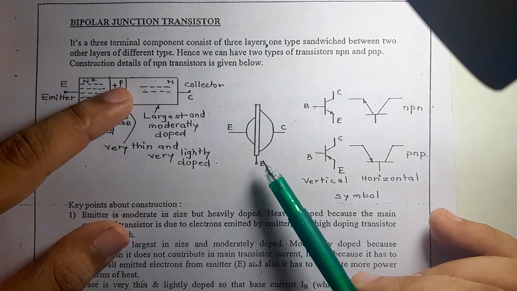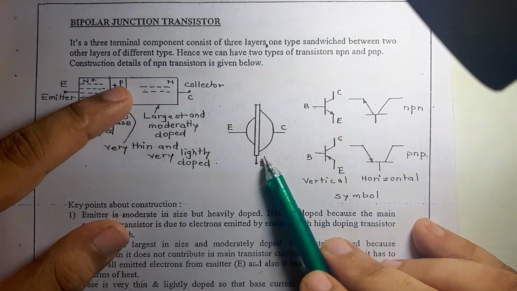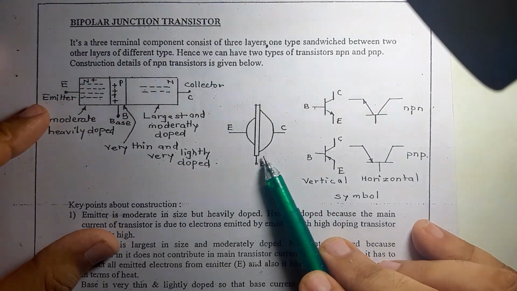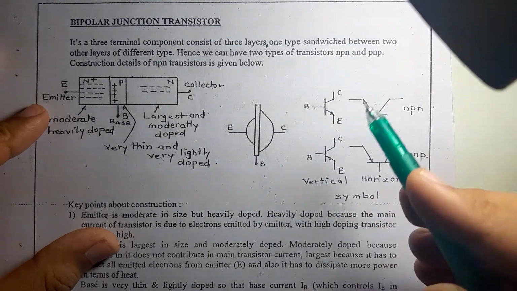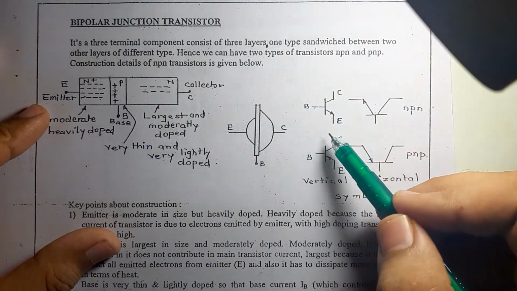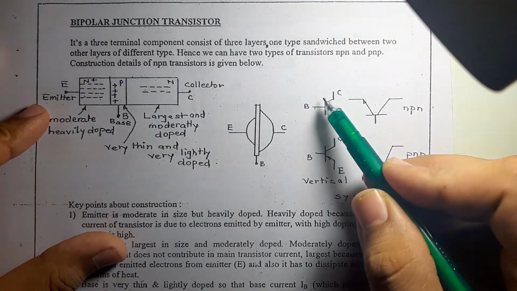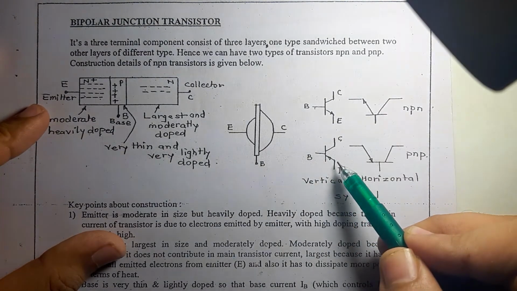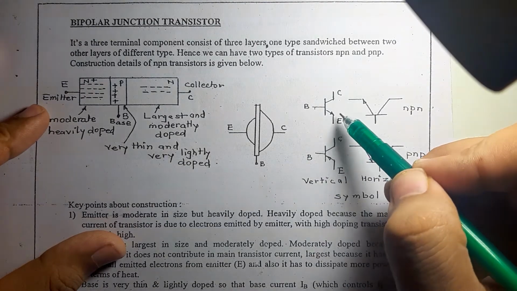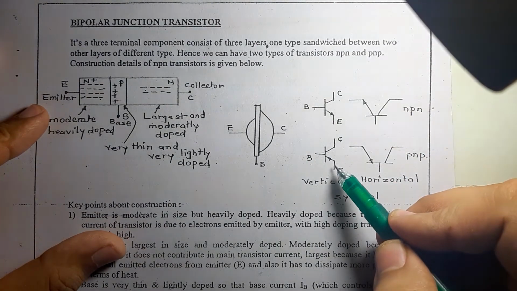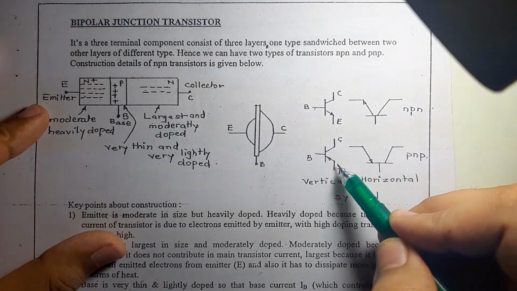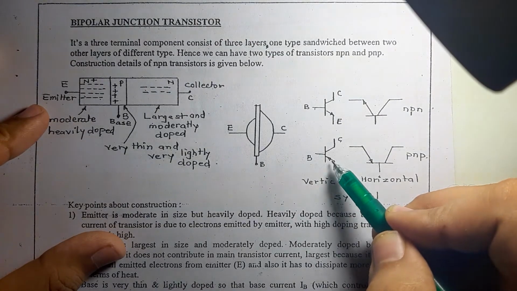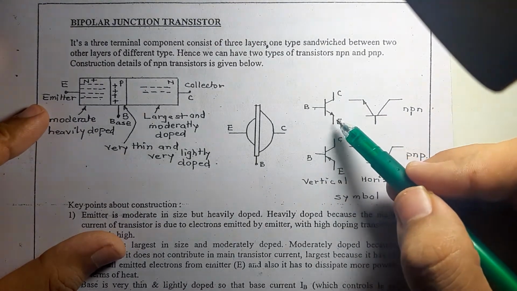Now, the actual BJT looks something like this in hardware configuration. If we go for the practical, then I might be able to give you a better idea of how this E, B, and C look in practice. Now, this is the circuit diagram, or I would say the symbol, of a BJT in NPN configuration, and this is the symbol of a BJT in PNP configuration. In NPN configuration, the arrow is outwards from the emitter, and in PNP configuration, the arrow is inwards through the emitter. I am repeating, it is not on the emitter, it is from the emitter, from this terminal towards the inside, whereas over here it is from the inner terminal to the outside.